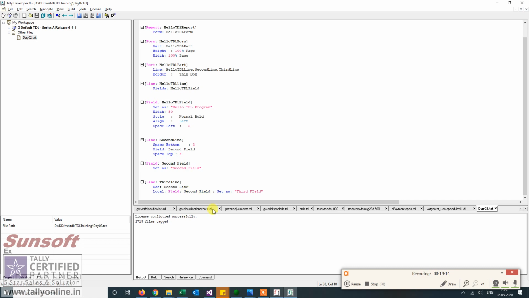Since I have explained what the use function does, I move to another section, that is defining more parts, more lines, more fields, and the different types of parts, fields, and lines which are available in TDL. We can have multiple parts within a part. Similarly, we can have multiple lines within a line, and multiple fields within a field.